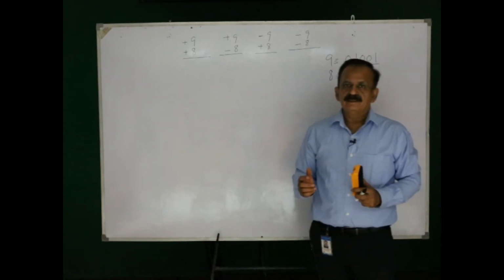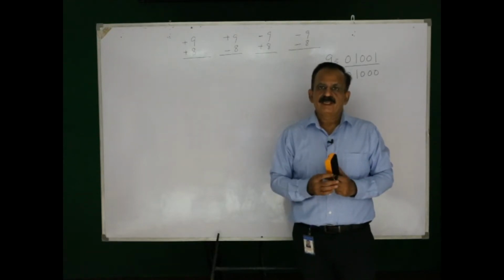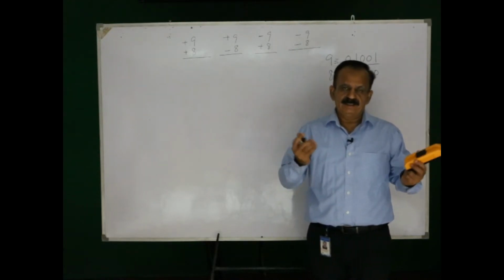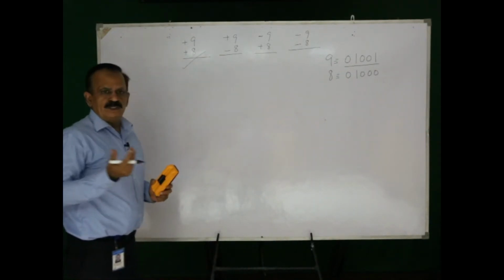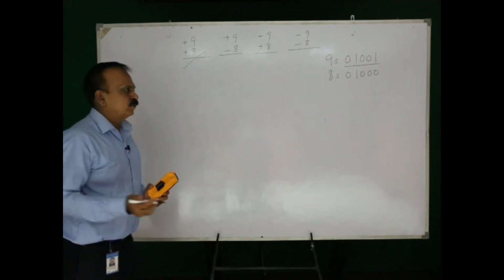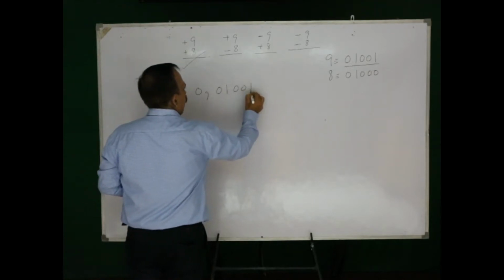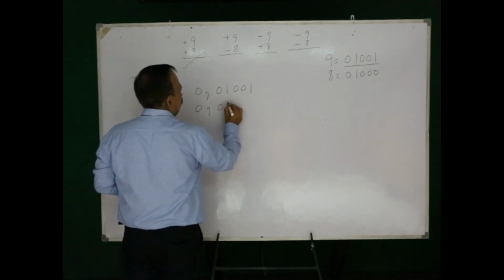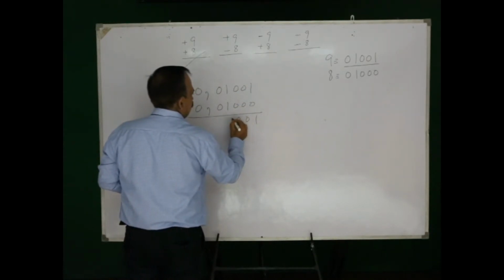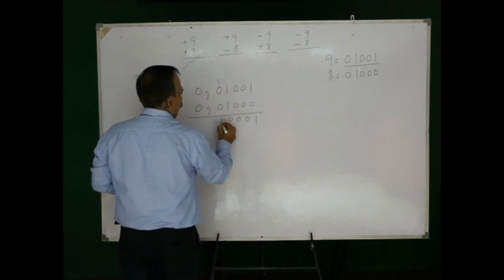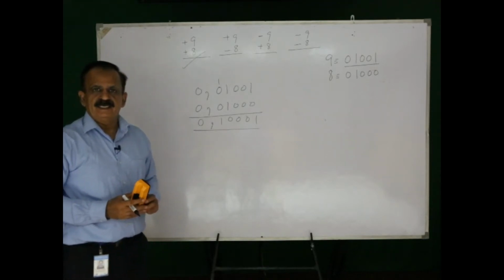If there will be a carry, we will neglect the carry. In 2's complement we neglect the carry, and as per the sign we get the result. Now the first part is exactly the same because we are not going to take any complement here. So simply it will be 0 1 0 1, 0 1 0 0 0. Adding these two, 1 0 0, this is 0, the carry is 1, and this is 1, nothing but plus 17 is the result.